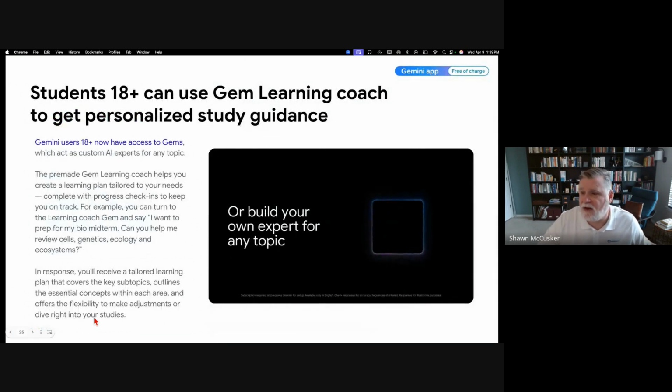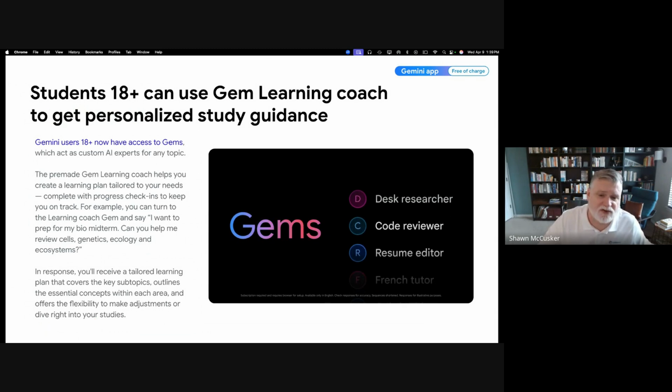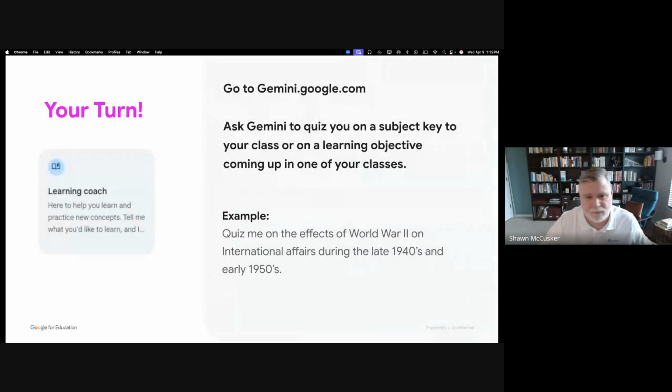Oh, by the way, I want to point out that GEMS is also an 18+ feature, but it can help you to create materials to serve the students. I'm going to start that timer at 3 minutes and give you a chance to play with that again. Ready, set, go.